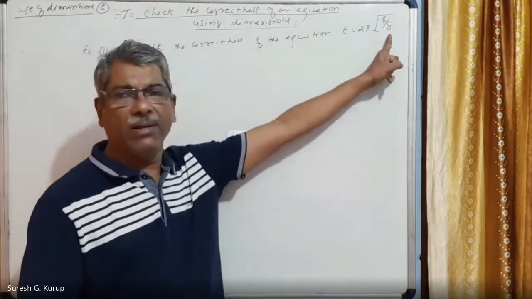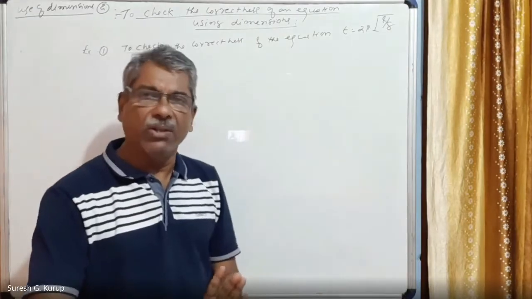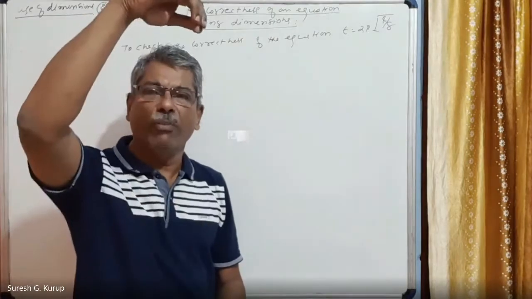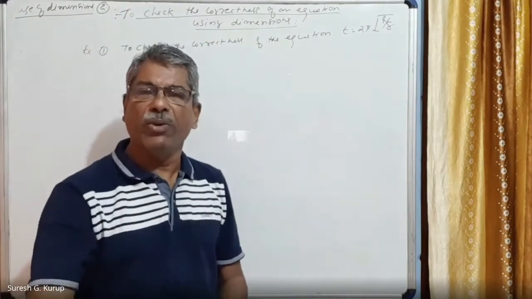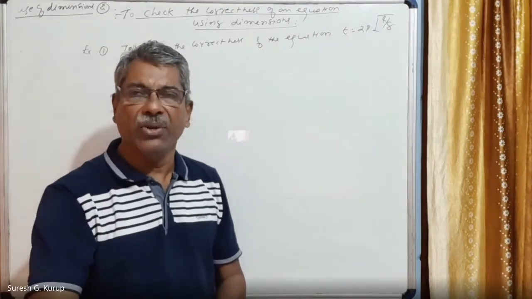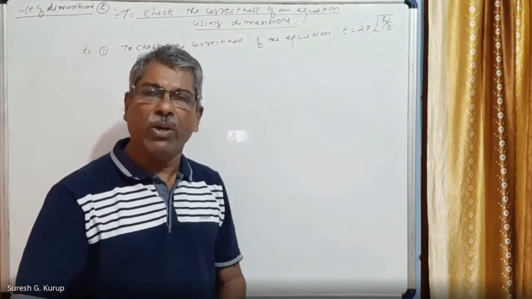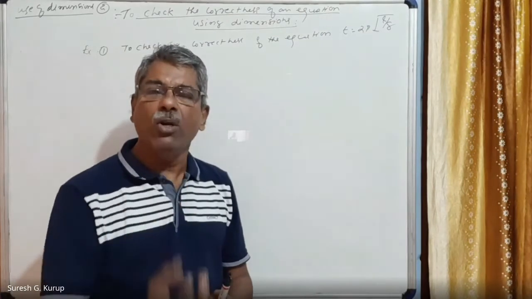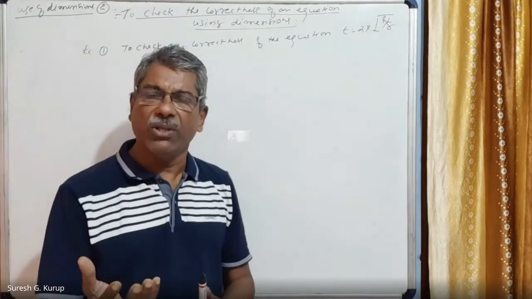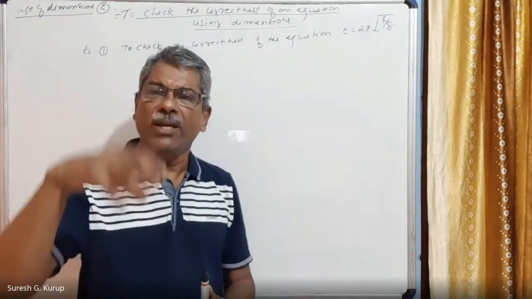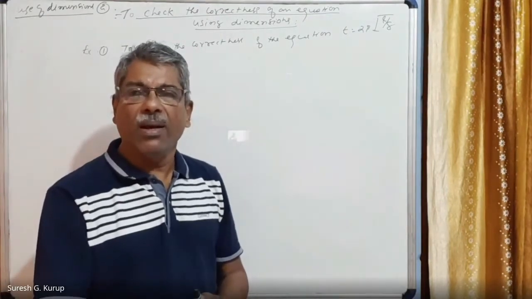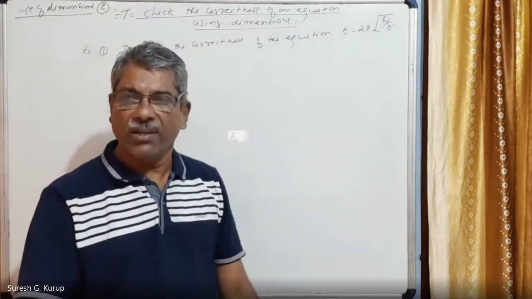And g is the acceleration due to gravity. Any object, when dropped from a height, comes towards the earth with an acceleration. That acceleration is called acceleration due to gravity. Acceleration is produced because the object is pulled by a force toward the earth. Force is equal to mass into acceleration. Due to that force, any object which is coming down is accelerated. That means when a force is acting on a body, it gets accelerated. That is the natural thing.